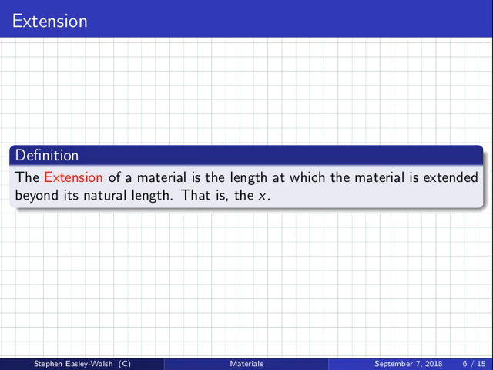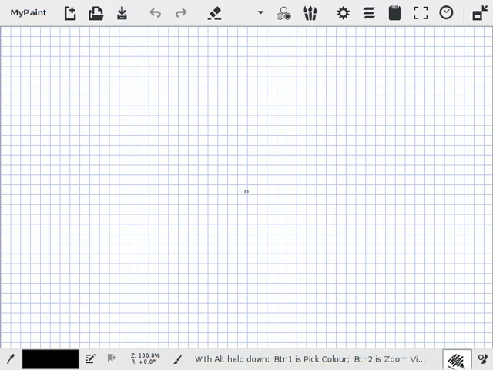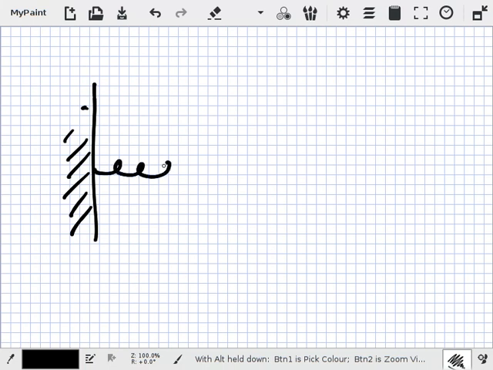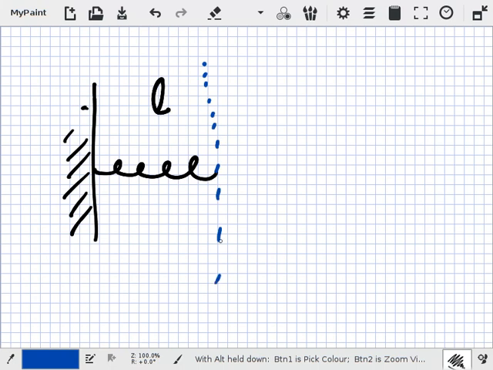You got that? Yeah? Now, what does this graph represent? So, what you've done here is you've taken a spring and you've extended it by increasing amounts, and then you measure the restoring force. So just to give you a picture of what this might look like, you have your spring, and that's its natural length, okay? So that's the length it wants to be at normally. And then you attach at the end of it